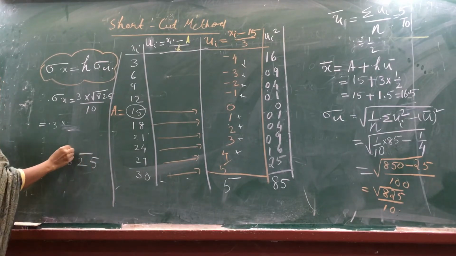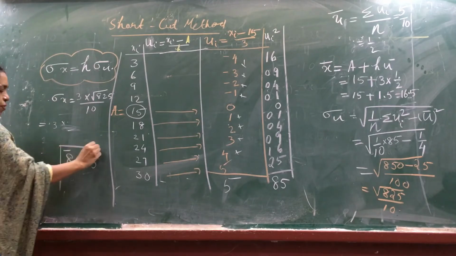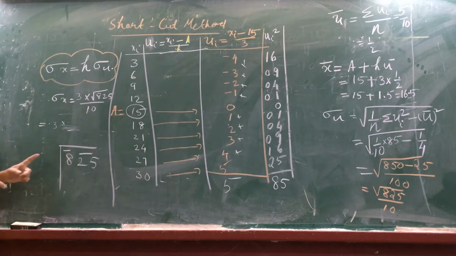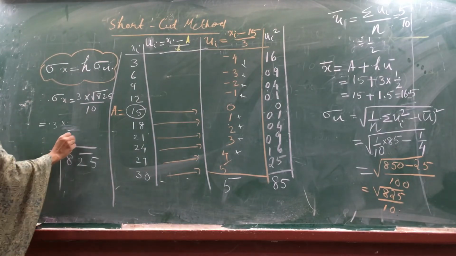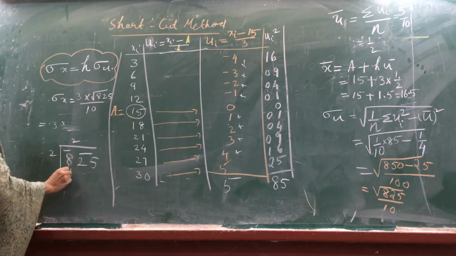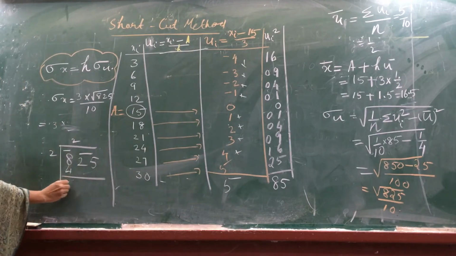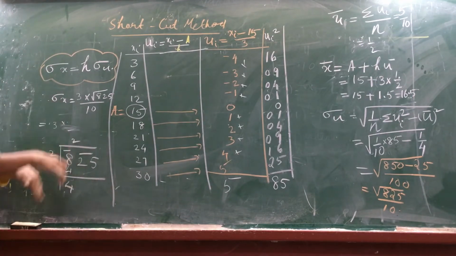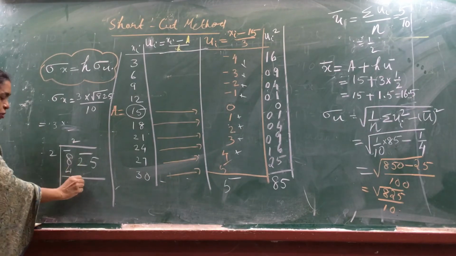From here, you will make from right to left. You will make group of 2. Then the perfect square, the greatest perfect square less than 8. You will find out what is the greatest perfect square less than 8. 4. 4 का square root. Okay? It is 2. Here also 2. 2 into 2, 4. Subtract 4. Then bring down the next group. 2 नहीं है, पूरा group को, 425.